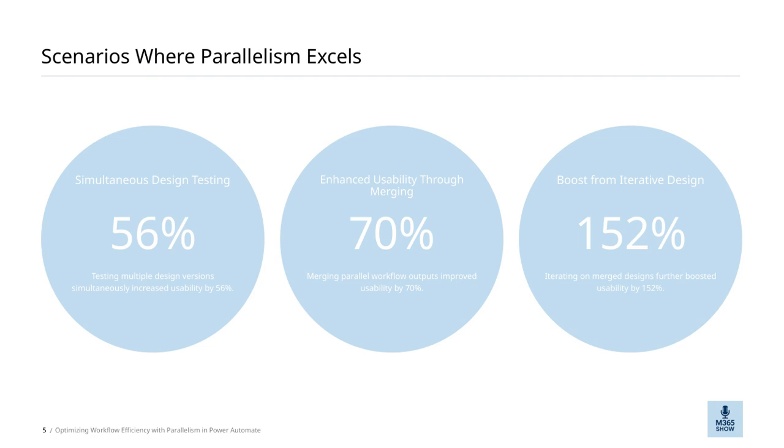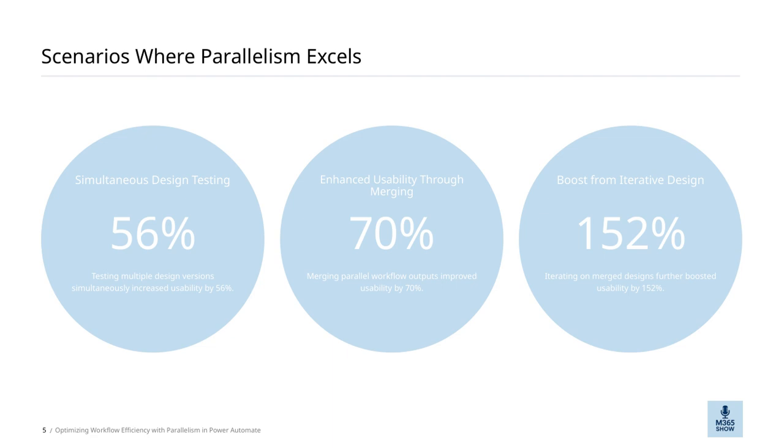Finally, testing multiple design versions at the same time, what we call simultaneous design testing, led to a 56% increase in usability. This approach allows us to compare different options quickly and choose the best one, saving time and enhancing overall effectiveness. All these examples highlight how leveraging parallelism in Power Automate not only accelerates our development process, but also results in more usable, efficient workflows. Connecting this back to our overall theme, it's clear that parallelism is a powerful tool for driving continuous improvement and